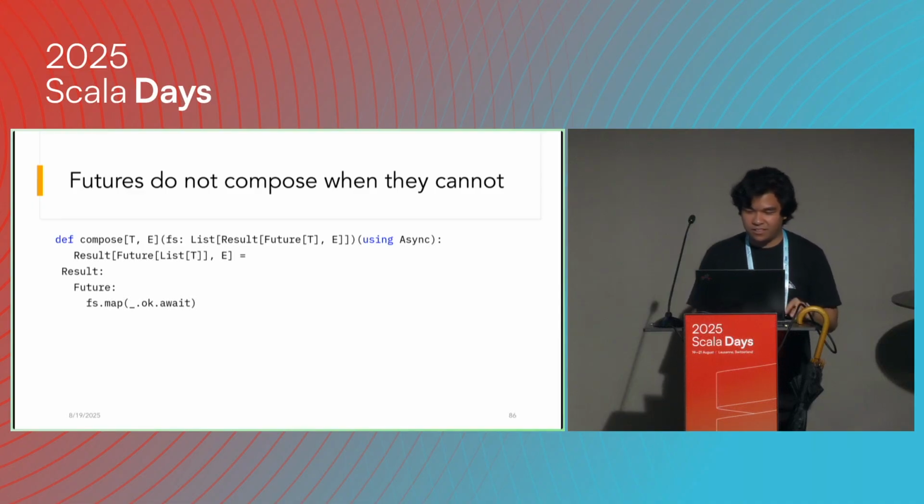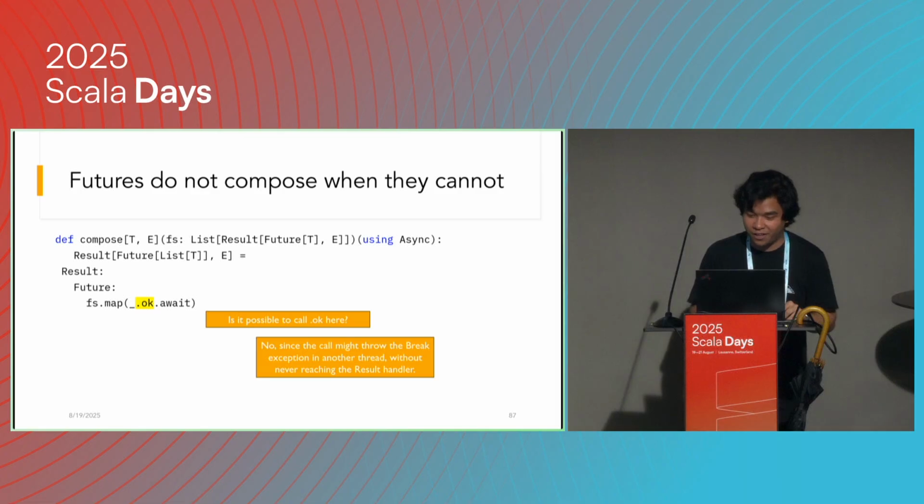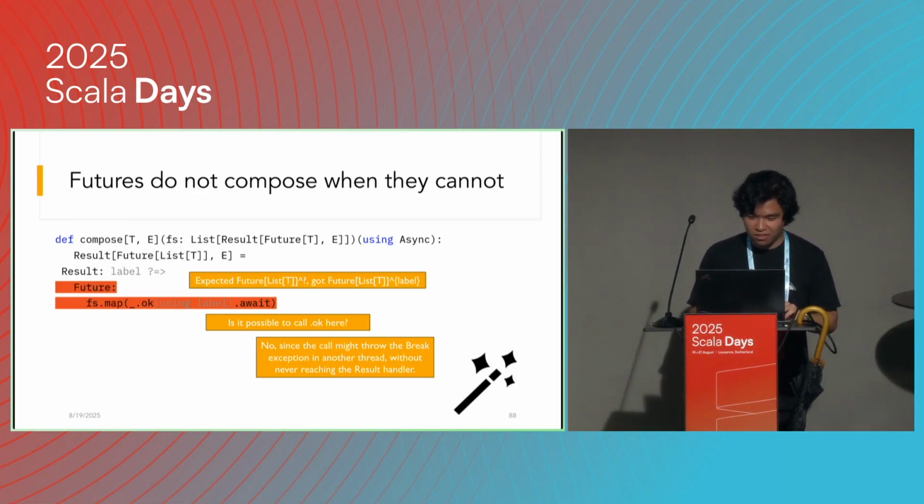But there's one thing that you don't want to do, right? If you have a result and then a future inside, then the future, even if it reaches an error by the boundary break rules, it creates an exception and it throws to nowhere because the future might run on a different thread. It's a pain. So with the capture check version of Gears, you wave the magic wand and this thing will give you an error